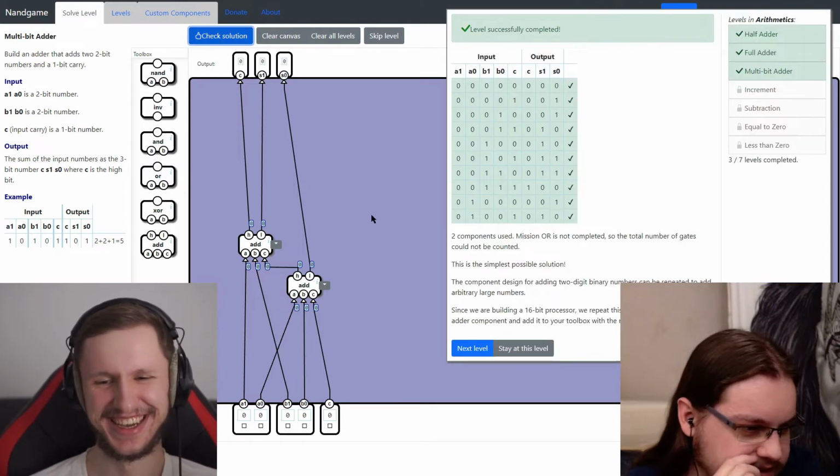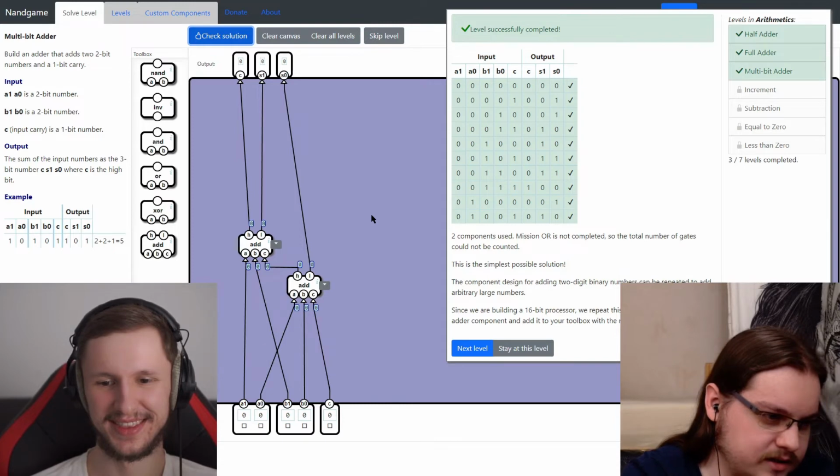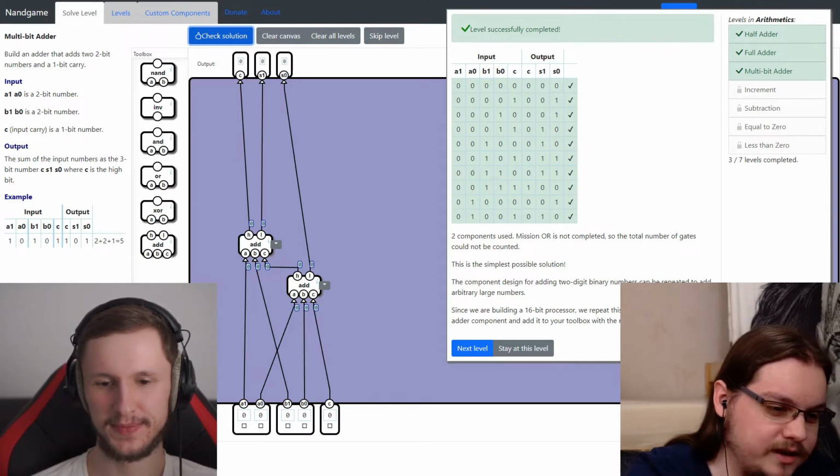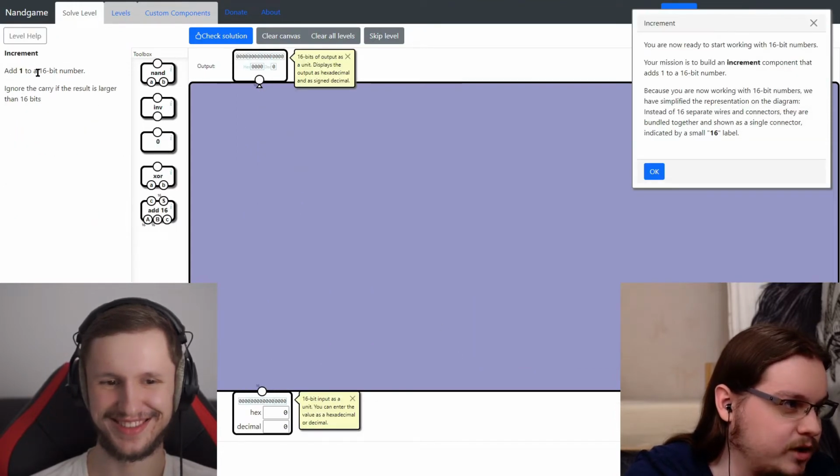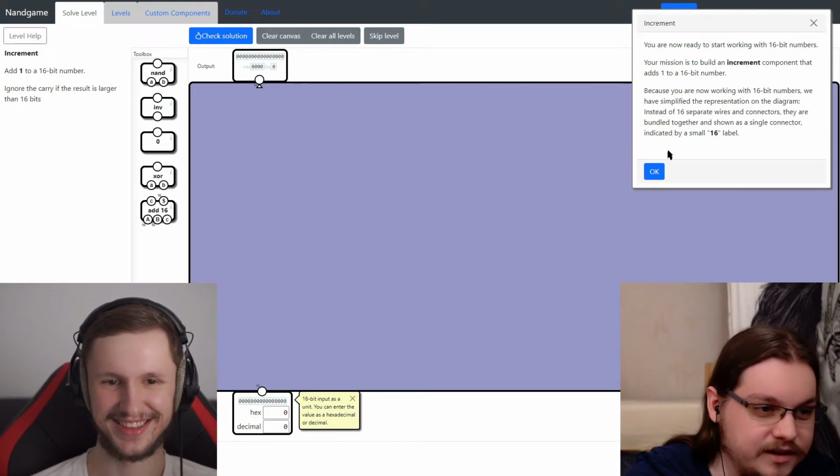So yeah, this is... Oh, we have a 16-bit adder. So this we're getting into big time stuff. Add 1 to a 16-bit number. We're doing that later. For now,